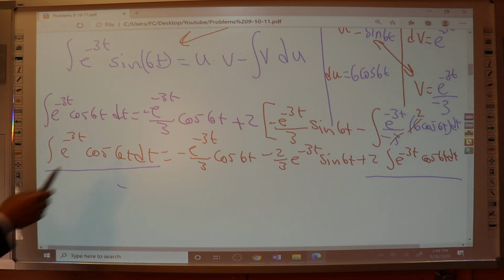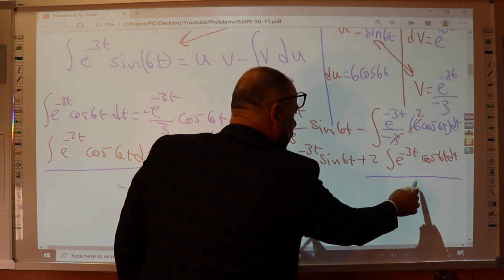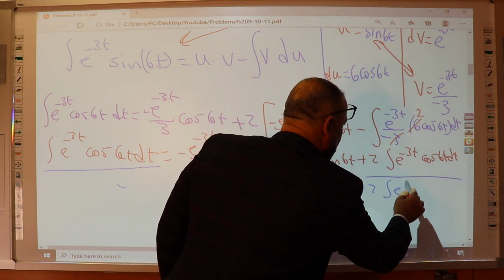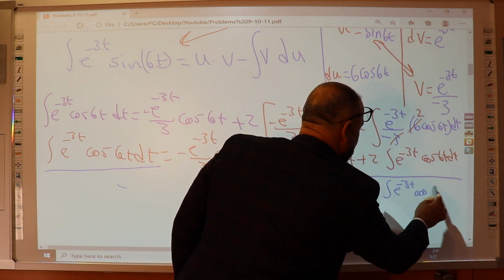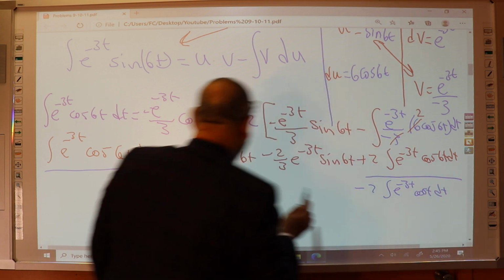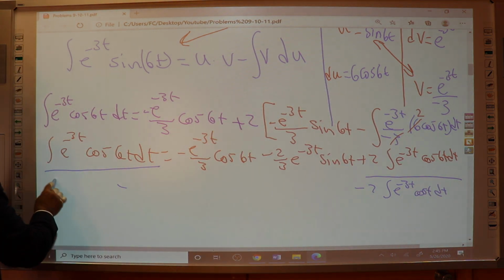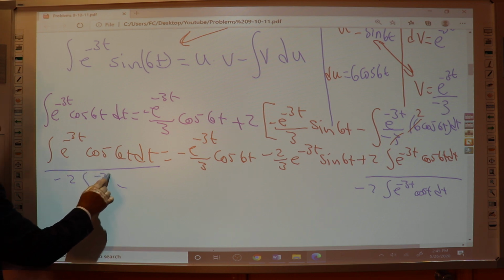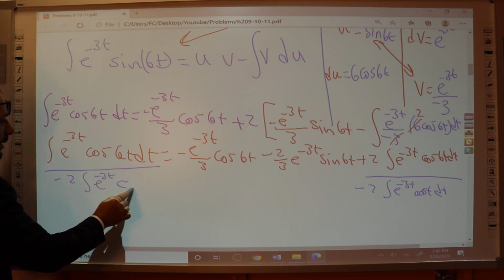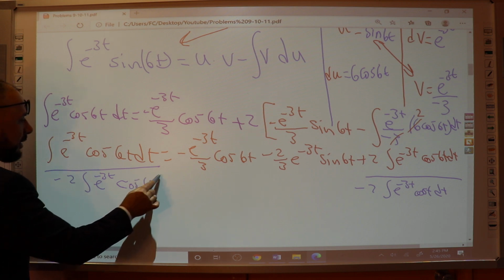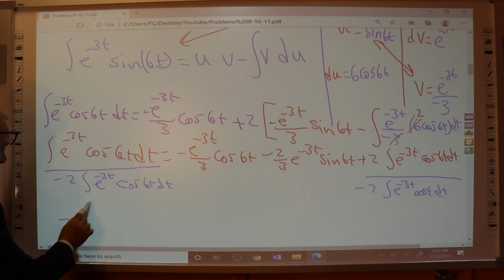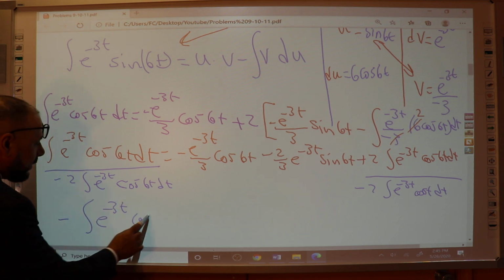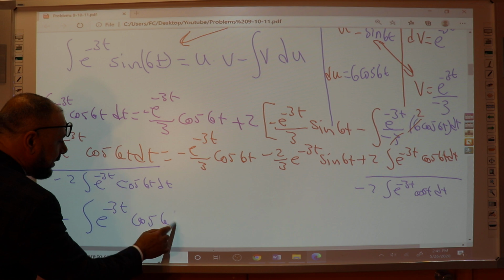If we move this guy, we subtract 2 from here, and subtract 2 like this: minus 2 times the integration of e to the negative 3t cosine 6t dt from both sides. We end up with only the integration of e to the negative 3t cosine 6t dt,